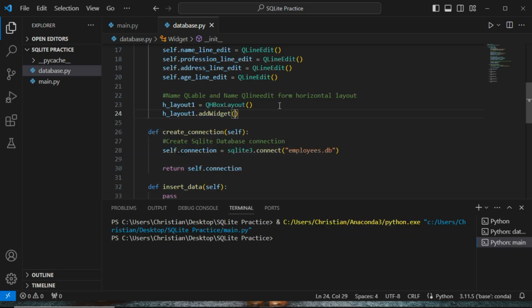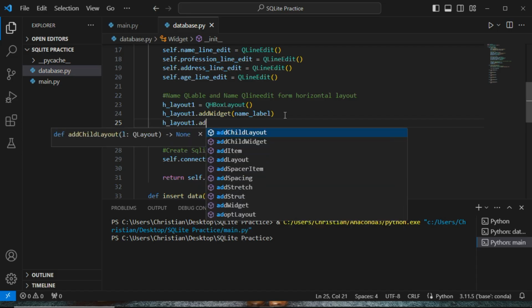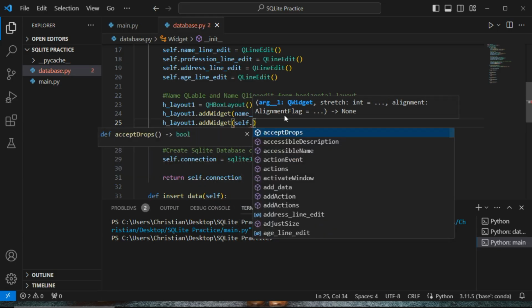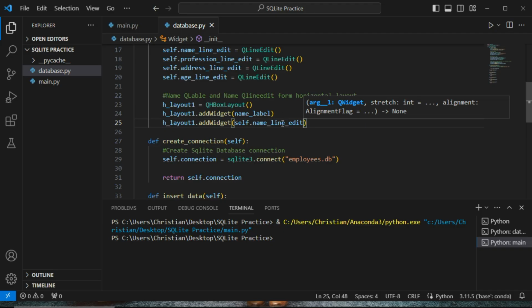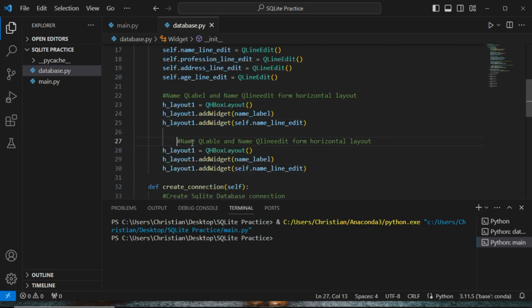We're going to add the widget for the name. We're going to add the name label. Then we're now also going to add the name line edit. So once we've done that, we're going to copy this and then we're going to do that for each of the different values. So we're going to have that for the profession, that for the address, and also that for the